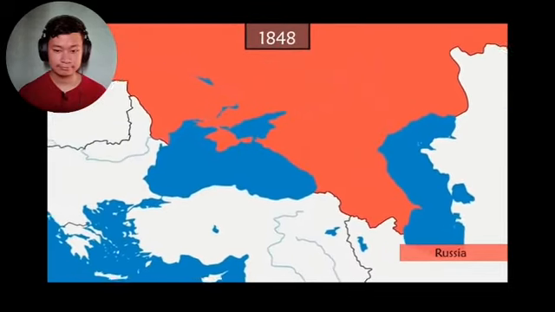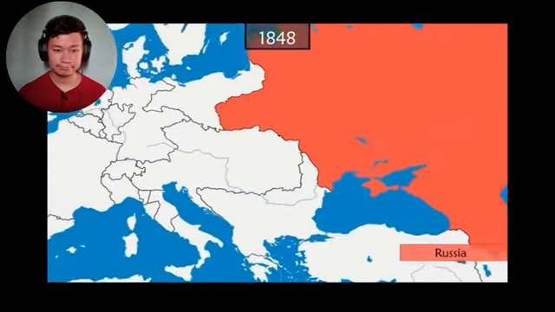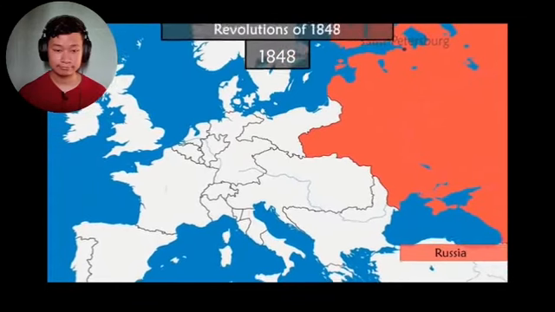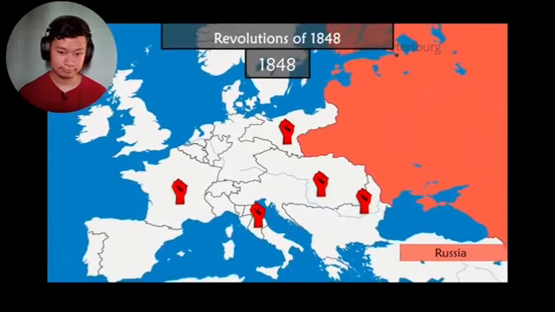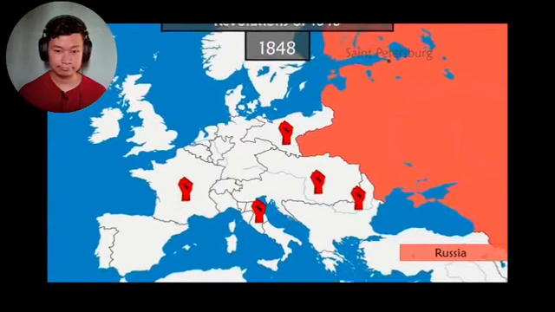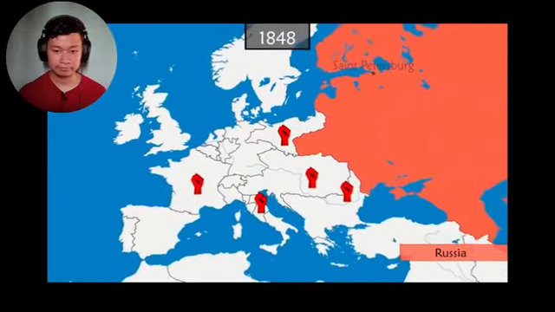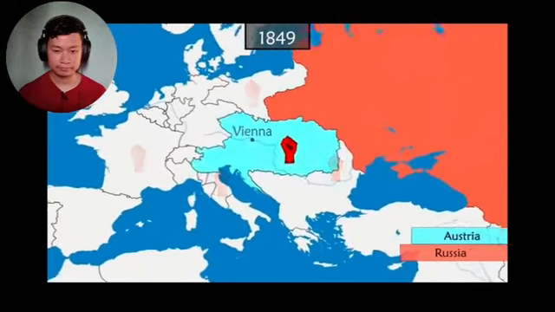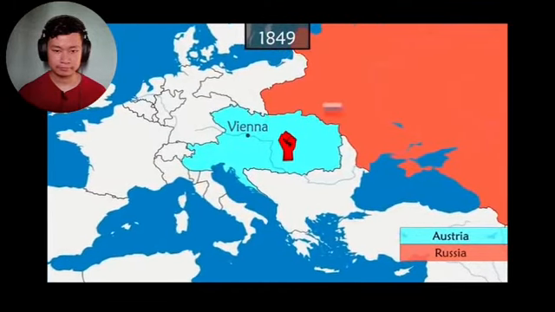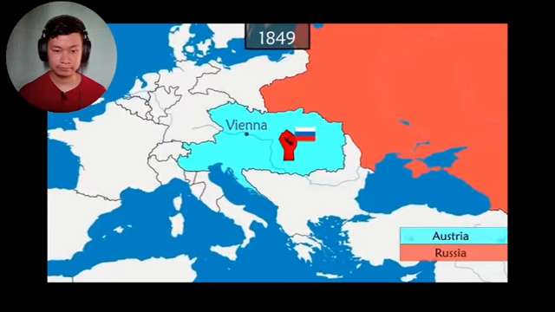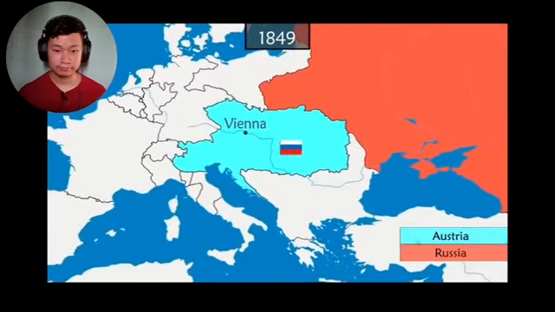In Europe, the Holy Alliance is challenged by the rise of nationalism. Everywhere, people rise up, aiming for more autonomy. Fearing the spread of revolutionary ideas in Russia, Nicholas I supports his allies. The Austrian Empire, on the verge of implosion, receives precious help from the Russian army to quell the Hungarian Revolution.